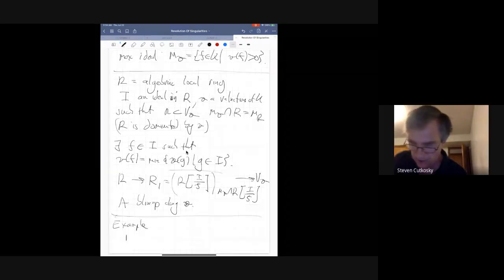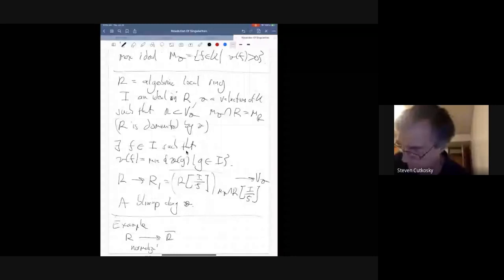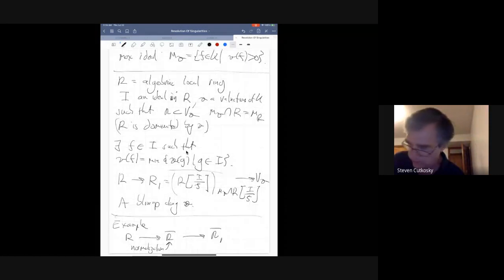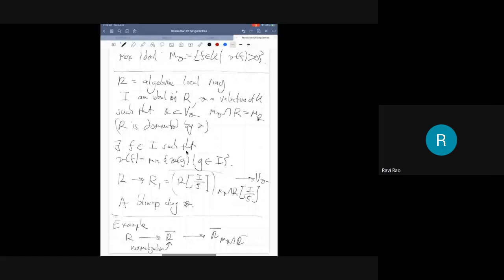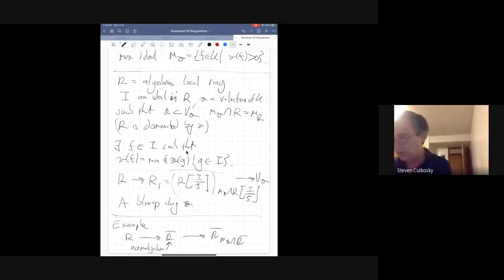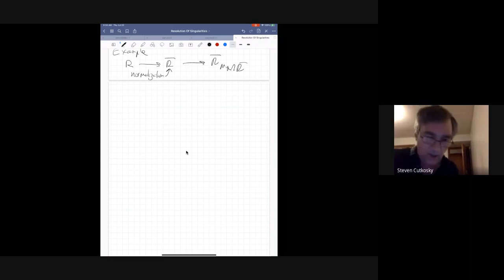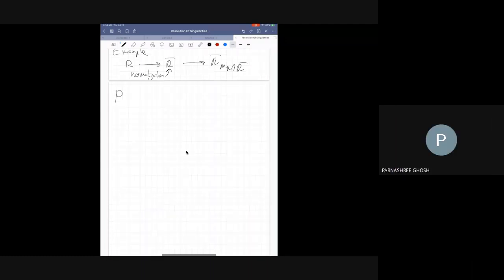Okay, so we have R into R bar. This is the normalization. Okay, and then we localize. That will be dominated by the valuation, since the valuation ring is integrally closed. So just taking the normalization and then localizing gives you this thing that we want. Now I can tell you about a problem of local